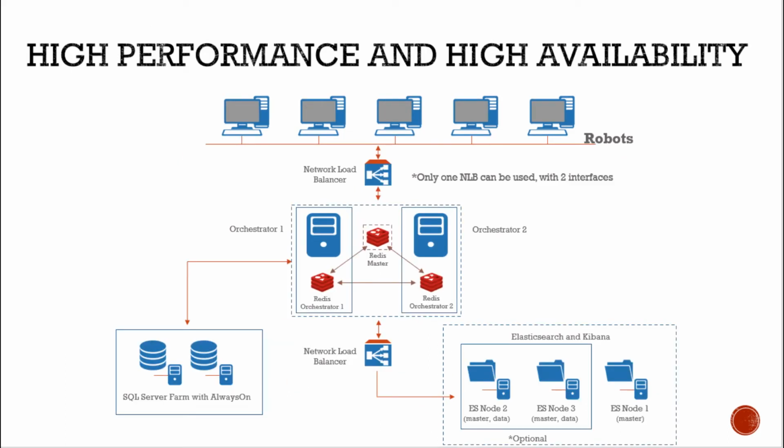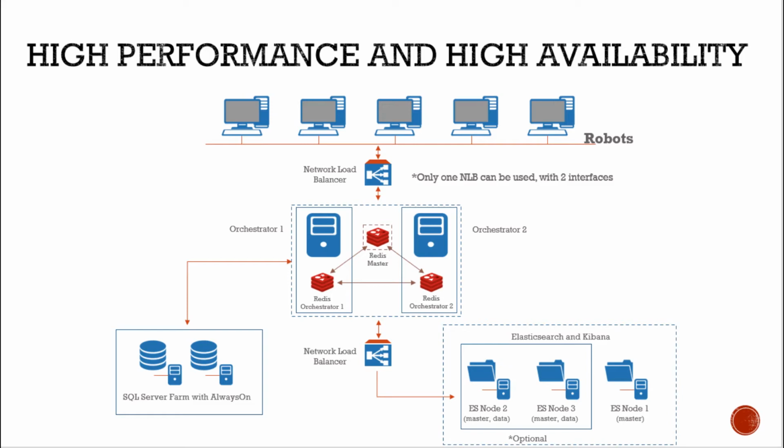The second option is high performance and high availability. The one that you saw right now is good enough to handle maybe 700 robots. But at times you face challenges with processes that cannot go down at any cost. There are tight SLAs around it, or certain other requirements that make your robots need to be always available, a critical requirement. In that case, we will go ahead with a high performance and high availability kind of setup,